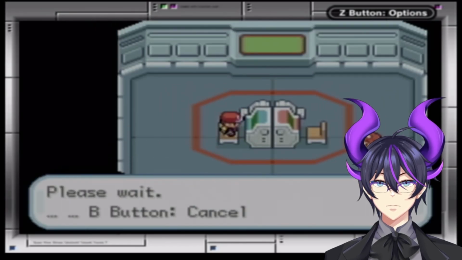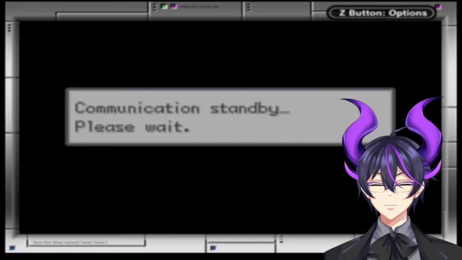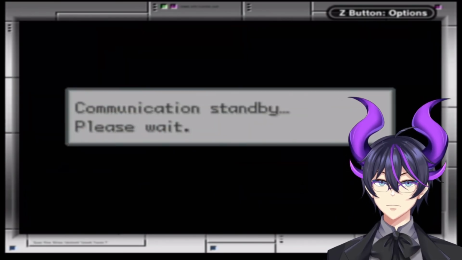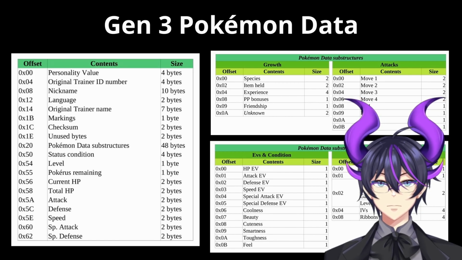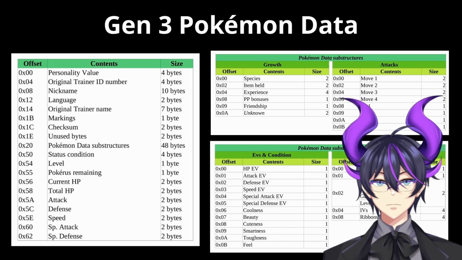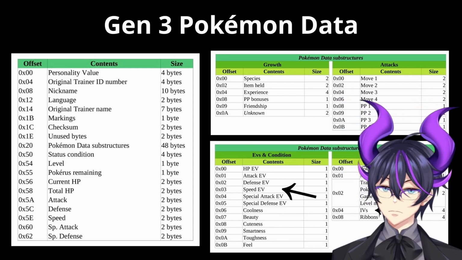Once both players sit in their chair and are ready to make a trade, we get to the juicy bits. Just like in the Gen 2 games, this is the part where the Pokemon data is being sent. The data itself is obviously very different from the Gen 2 one, with Gen 3 adding stuff like a personality value, different structure for IVs and EVs, and overall...